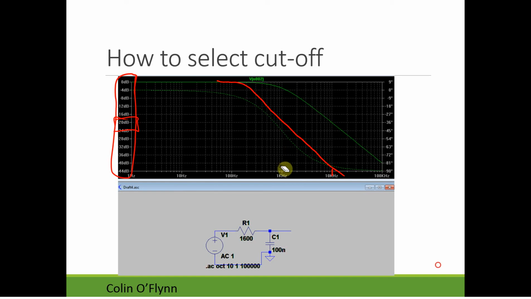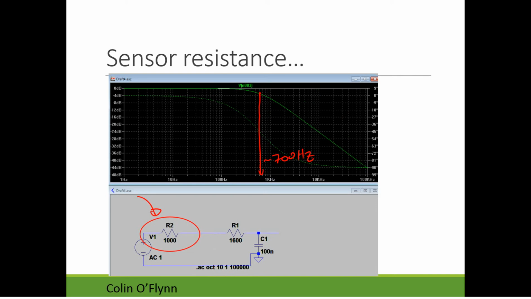But it's something to consider because if you had originally said, I want to roll off at 2 kilohertz to make sure that 1 kilohertz signal gets through okay, you wouldn't have done the most reduction of that 10 kilohertz signal you could, because your 1 kilohertz signal is here, and you're not starting to roll off until well after it. So you should always consider where that cutoff frequency is to maximize the difference between the two signals.